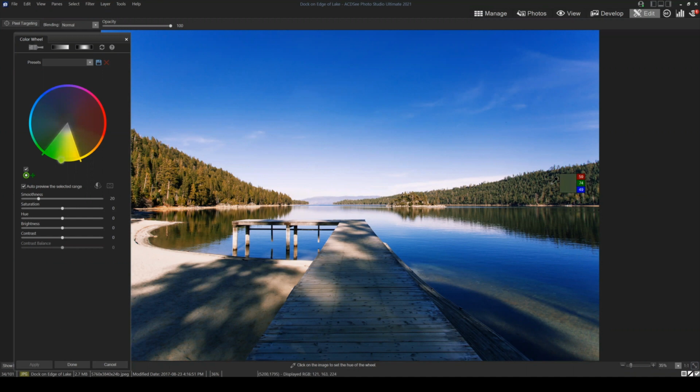So when I select this tree, for example, this pixel, it's going to move it in between green and yellow. This is really cool because once we have defined a color point that we want to work with, we can actually expand upon that color point. So if I wanted to say, okay, I really like that greeny, yellow kind of color range,